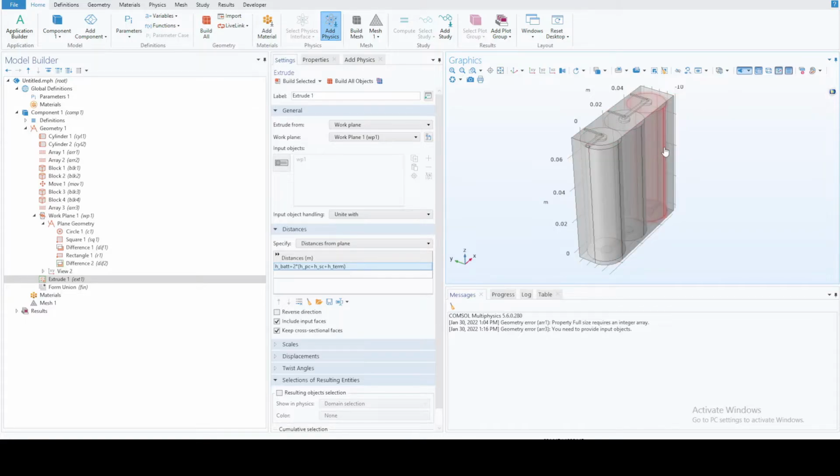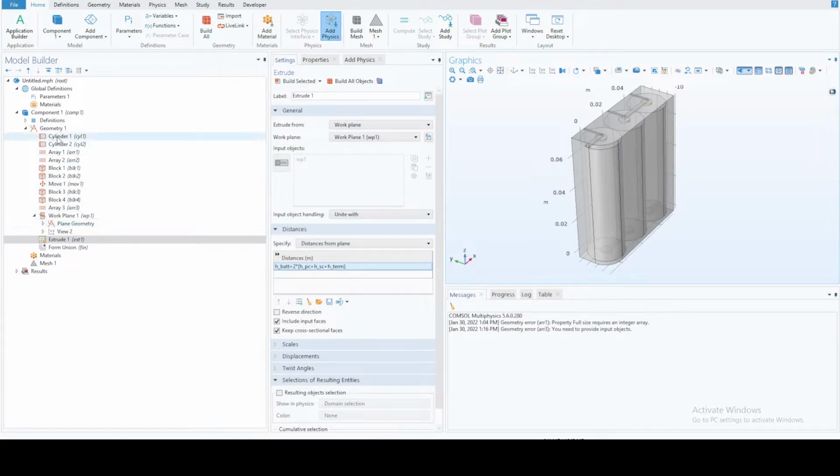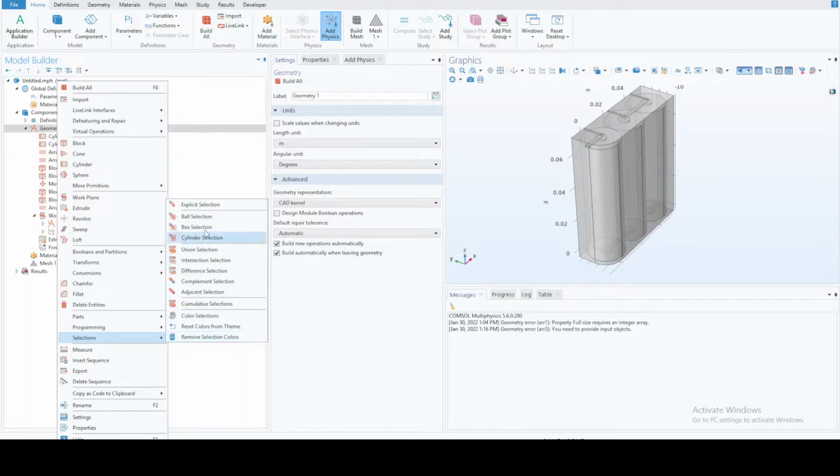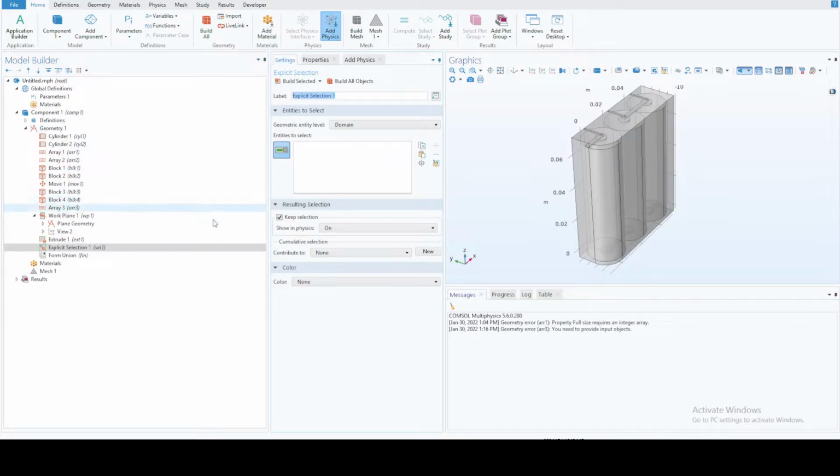Now before we move further, there are a few things that are very useful and will especially help us in analyzing the results in a better way, and will also help us during the whole simulation setup, and that would be selections. Now when we want to, let's say, name only this one battery as battery 1, and we don't want to select every single surface of it every time just to define this, what we can do is define a group of elements, and in COMSOL we refer to that kind of thing as selections. So we can select this explicit selection here,